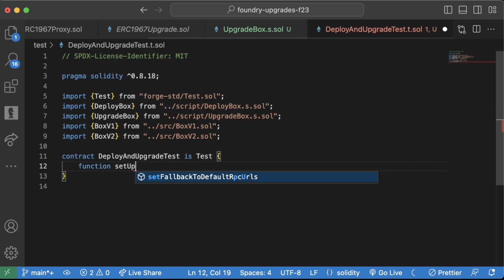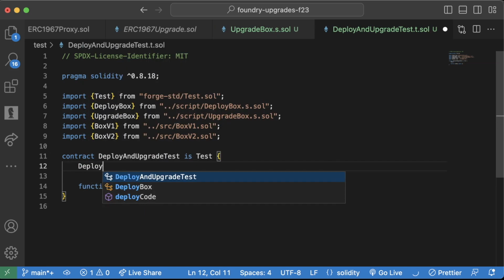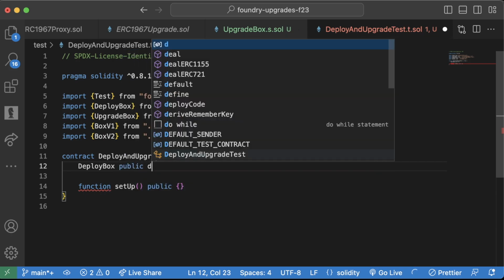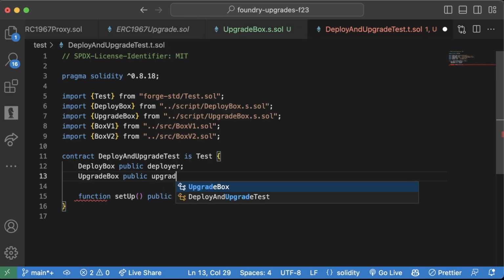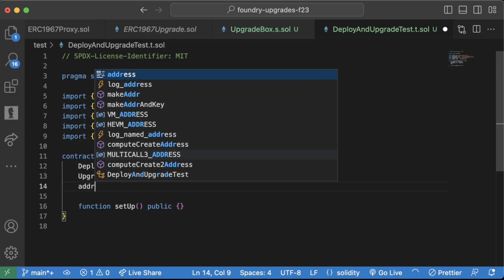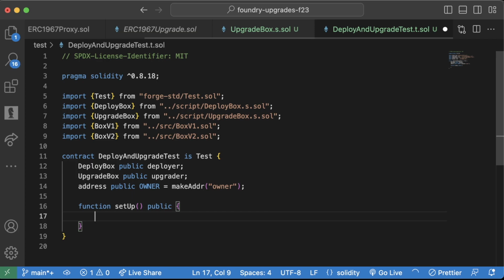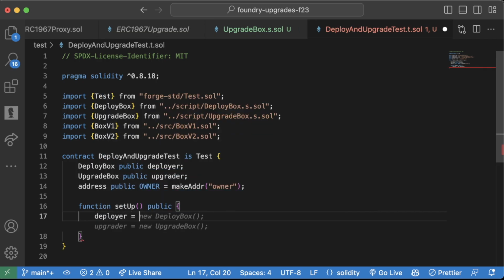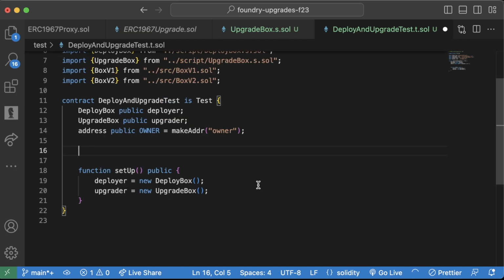Function setUp. What do we want to set up here? Well, let's get a DeployBox public deployer, UpgradeBox public upgrader, and we'll do an address public owner equals makeAddr("owner"). And we're going to say deployer equals new DeployBox, upgrader equals new UpgradeBox. Okay, cool. And we probably should write a whole bunch of tests, but for this video, I'm just going to